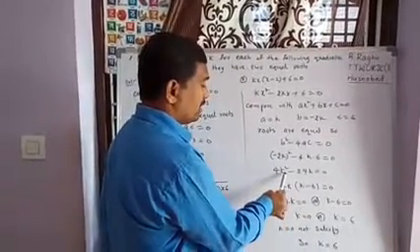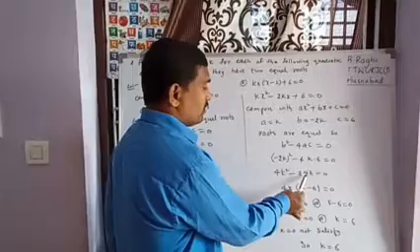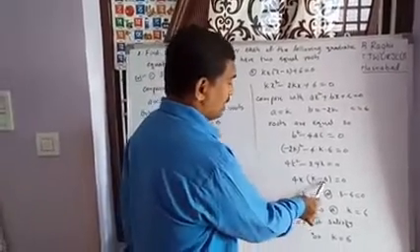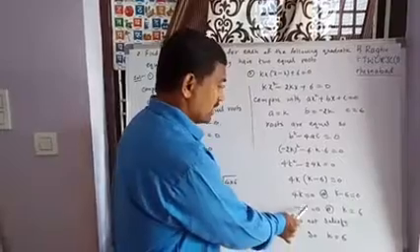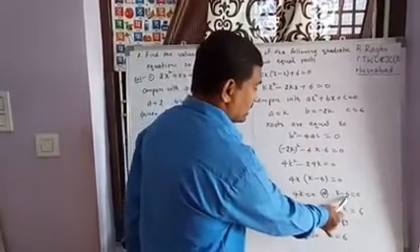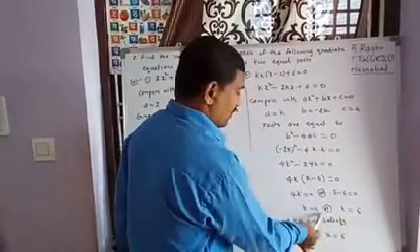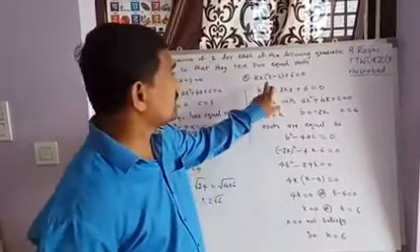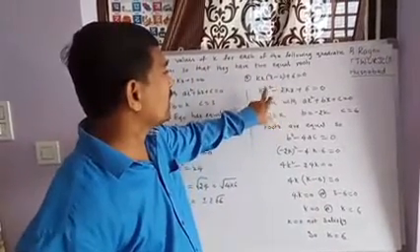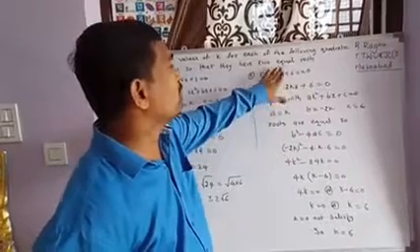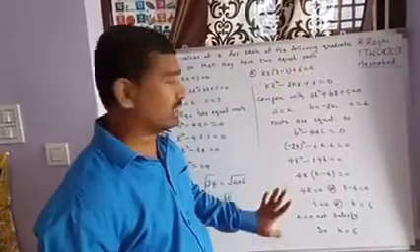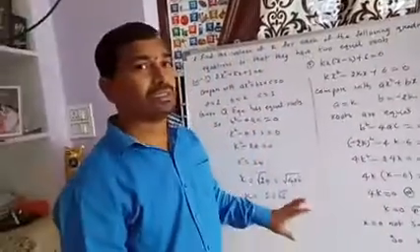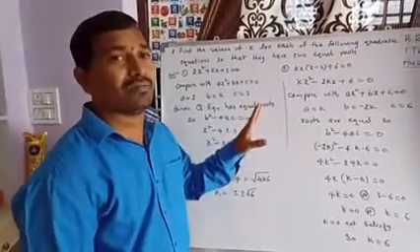Here 4k is the common factor. Take 4k common, another factor is k. Here 4 6s are 24, k is a common factor. So 4k equals 0 or k minus 6 equals 0. So k equals 0 or k equals minus 6, transpose right side plus 6. We have two values, k equals 0, k equals 6. If you substitute k equals 0, it is not a quadratic equation. If you write k equals 0, what happens? 0 plus 6 equals 0. That doesn't satisfy. So what is the value of k? k equals 6.